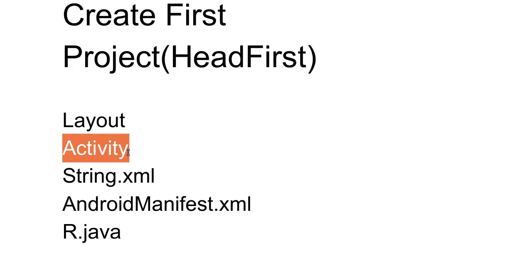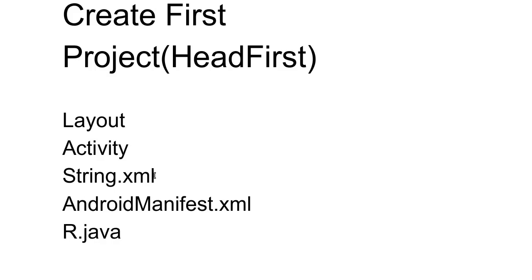Then we need the string.xml file. So string.xml is a file by which we can create our string global variables or string global arrays. It means it stores the key value pairs of the strings or string arrays. Whenever we have some kind of label or global variable that we want to be accessed everywhere inside the application, it is better to declare it in the string.xml so that it could be accessible everywhere.